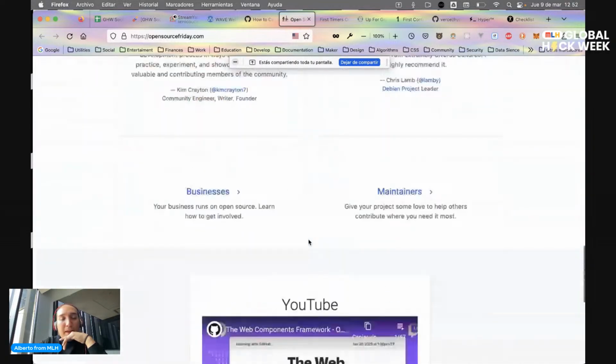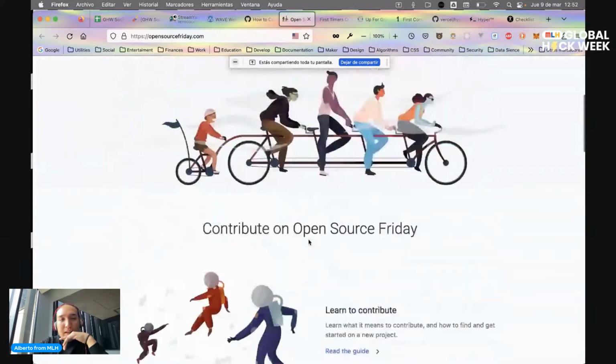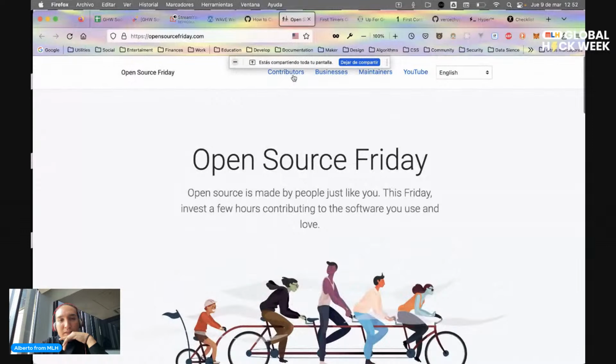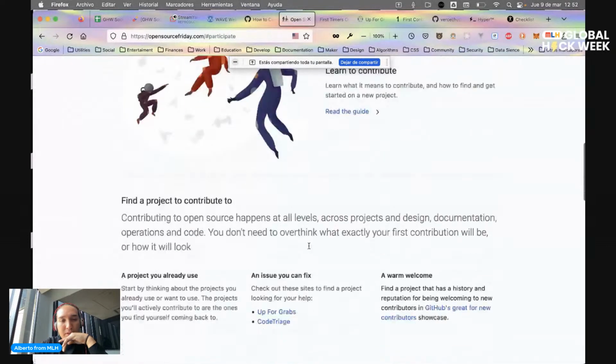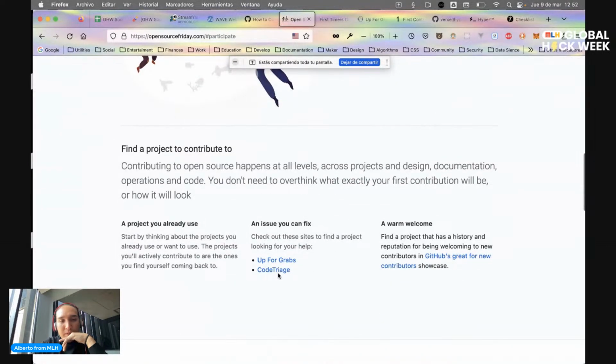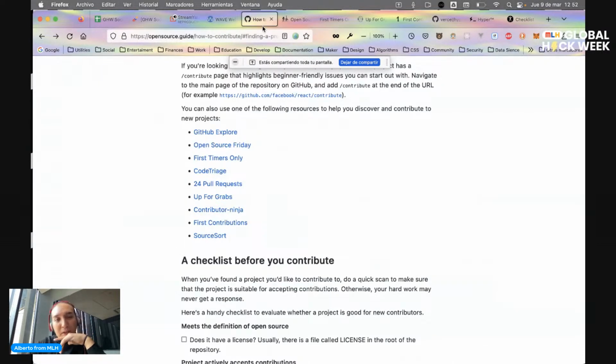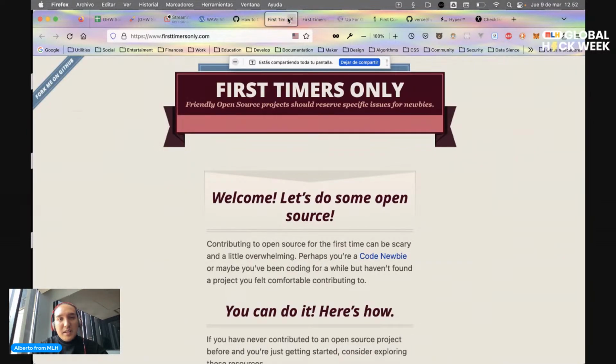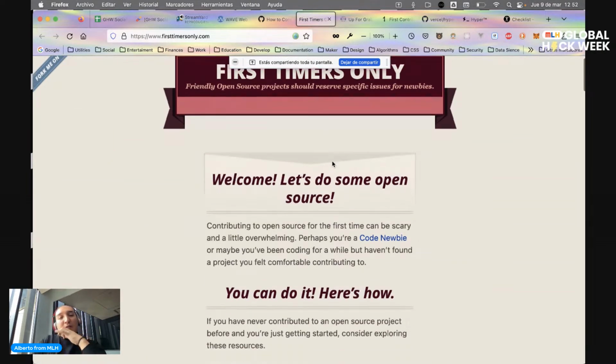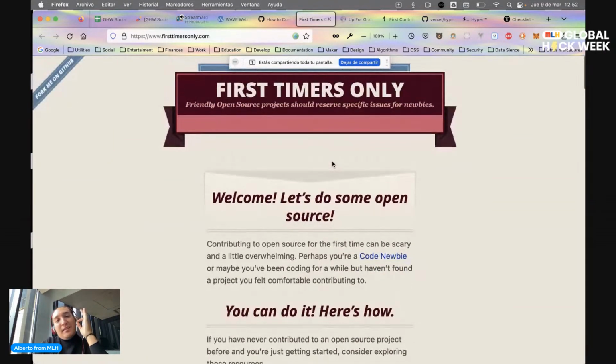Yeah, but if I remember well, contributors find a project. Okay. I didn't like this page much, but this is the one some of you were talking about in the comments. First Timers Only, I think it's the best page for you when you want to start in the open source world.